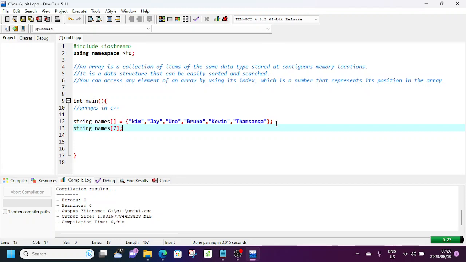In real life, this is actually what happens in most cases. If you're going to come to a particular place, they don't really care who you are. They just want to know how many of you are going to be there so that they can allocate seats adequately. So this is another way of doing it. You can then say string names, not 7, it's 6. And then when you're trying to enter the different values in the array, you then say